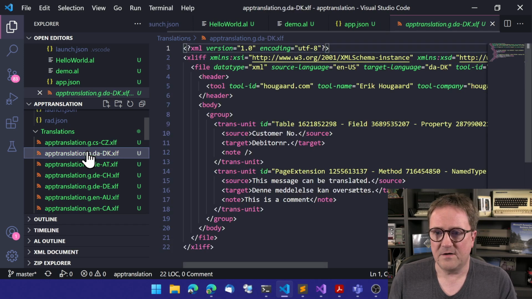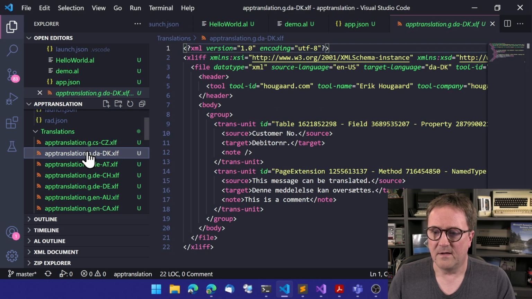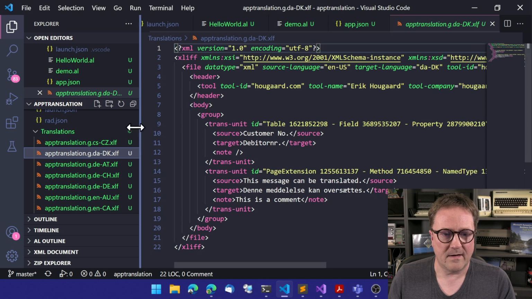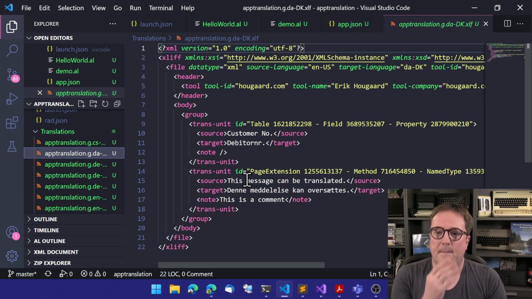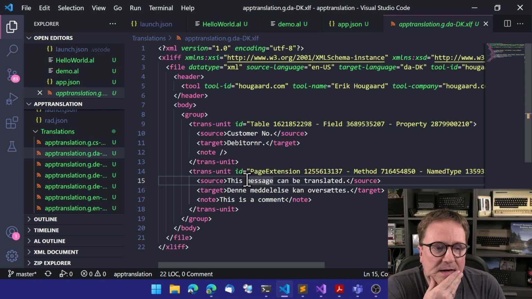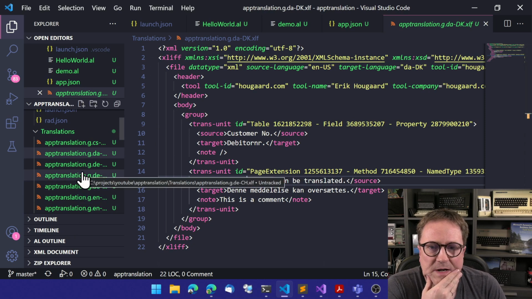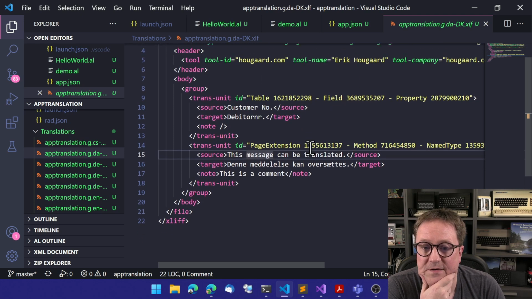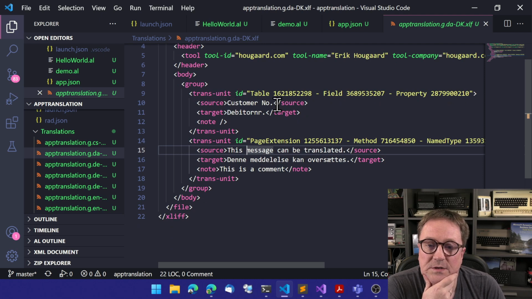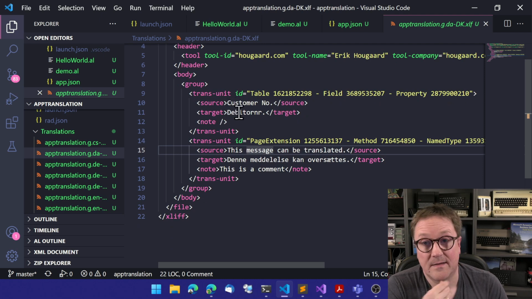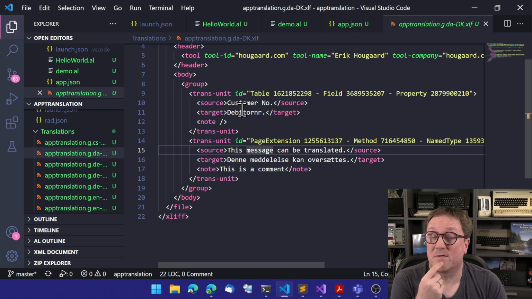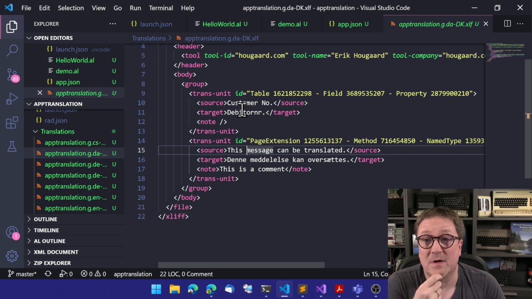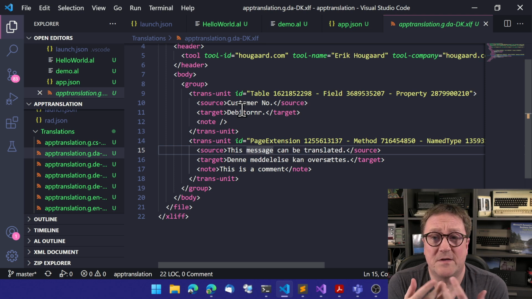And since I'm Danish, I can actually take a look at this, and we can see that this file looks like the one we had. So now in this case we have source language US, target language Danish, and we can see that this is a Hogart tool that has done this. And now we have a source customer number with a target debitor number, which is the correct way from an accounting perspective. So customer number could easily be translated if you just put